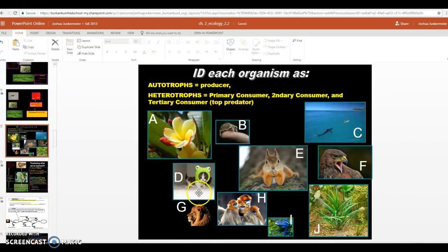Lastly, and the last one I'll describe is a little kitten. A kitten does not eat plants. It only eats other animals, but is not the top of the food chain, right? This kitten could be eaten by other predators. So we'll call it a secondary consumer because it consumes other organisms. Please finish the rest of these, and then we'll talk about it in class.